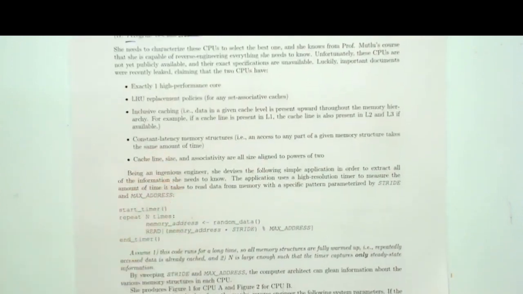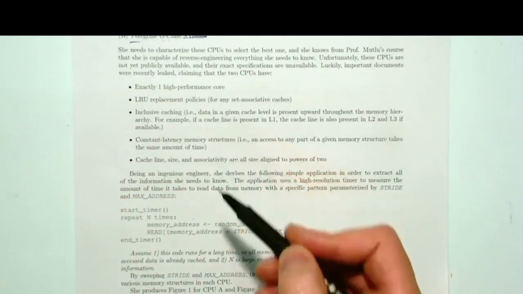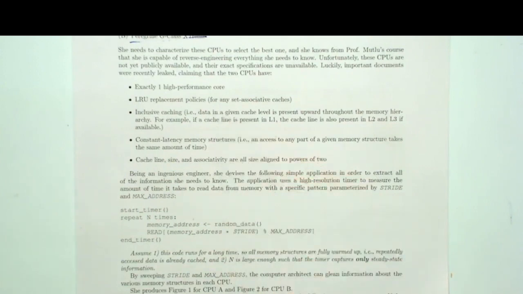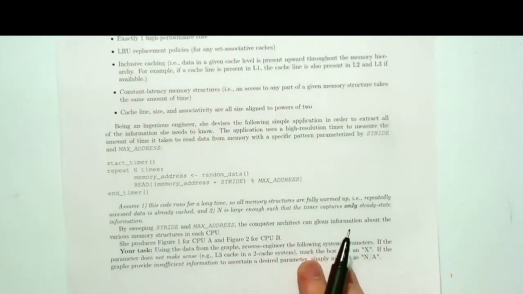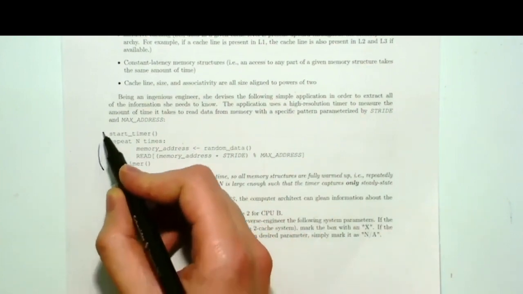And here's some more information about what is known for these processors. But one thing that is unknown is the cache hierarchy or the memory subsystem. And this question is basically asking us to figure out what the cache hierarchy is based on some experimental data. And so this architect is running this application shown with this code over here to figure out those details